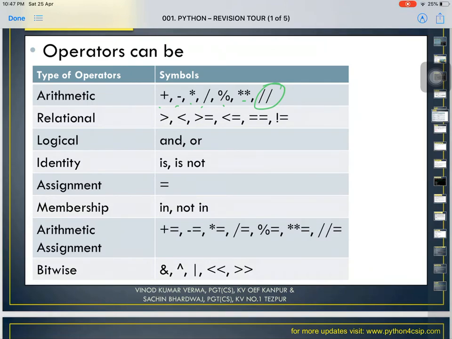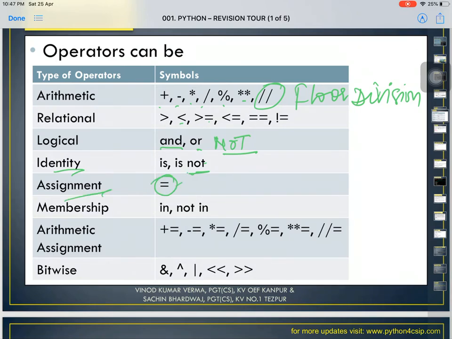You must be remembering floor division. Then relational operators: greater than, less than, greater than or equal to, less than or equal to, double equal to, not equal to. Then logical: and, or, not. Three logical operators are there. Identity operators, is and is not.